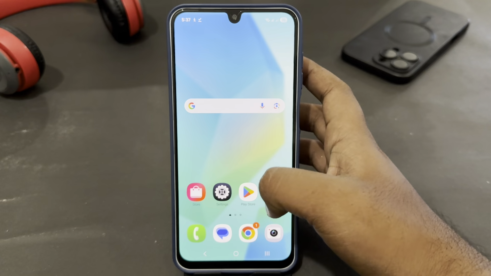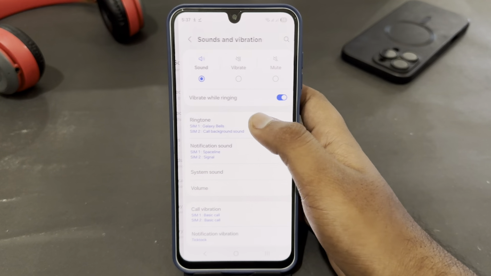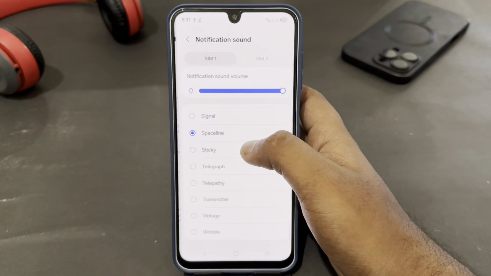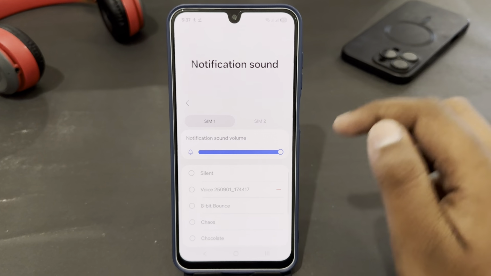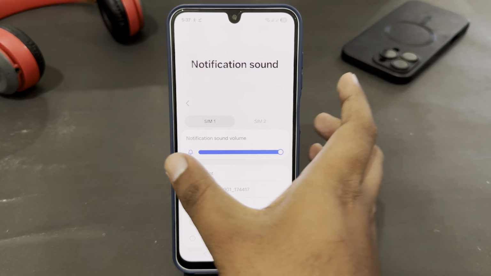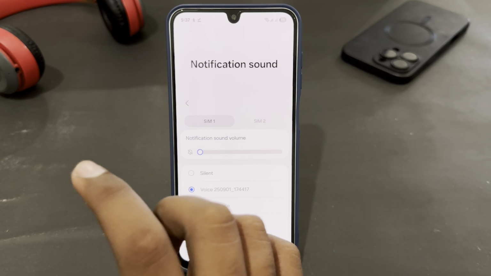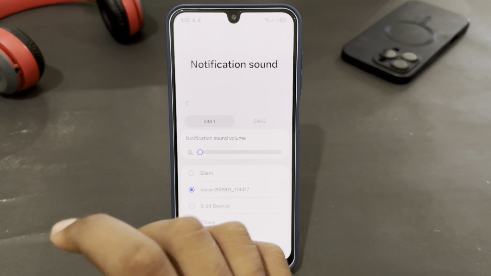Once you have that, just open your settings, go for sound and vibration, go for notification sound, and you will get your moved notification here. So from here you can easily select that. So that's how you can easily set a custom notification sound in